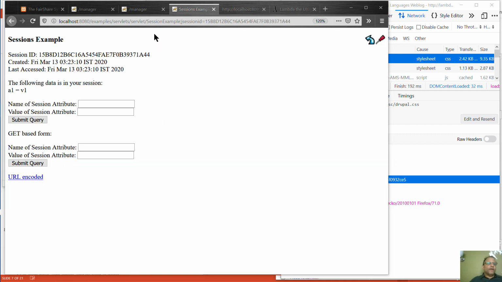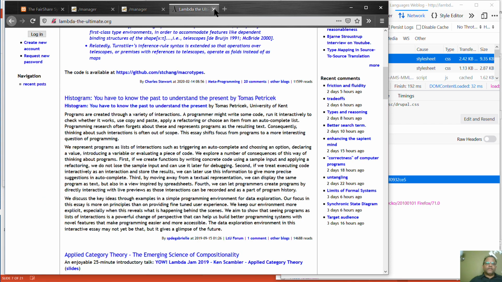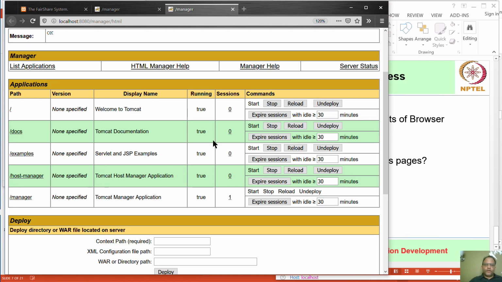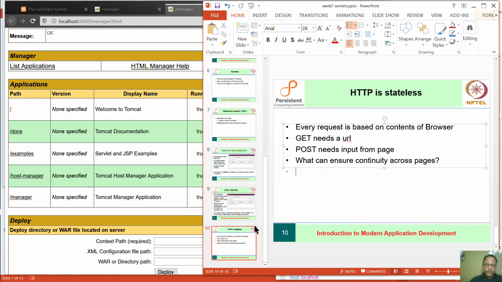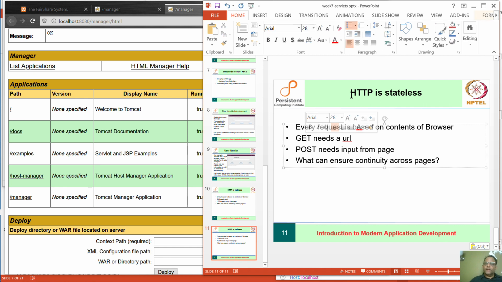Okay, so far we have had our first look at the idea of cookies and session IDs, and now let's take a look at the details of how it is done. What we know so far, we can actually summarize on this page. Just to put it together, let's say we have this summary of